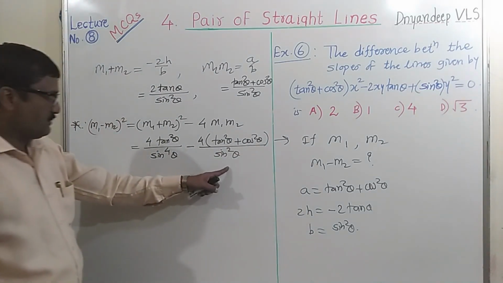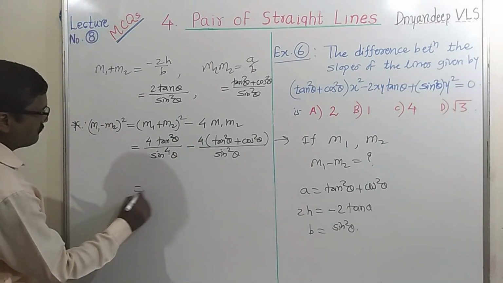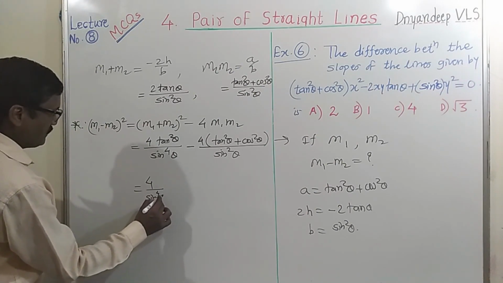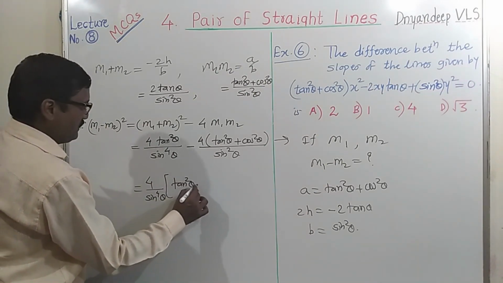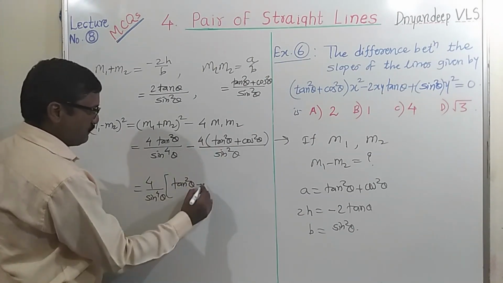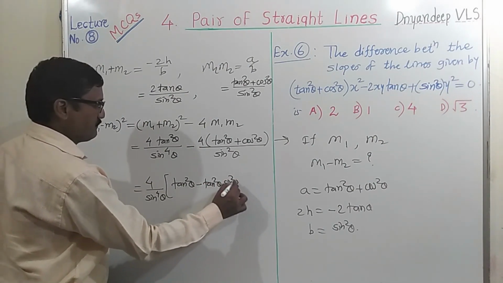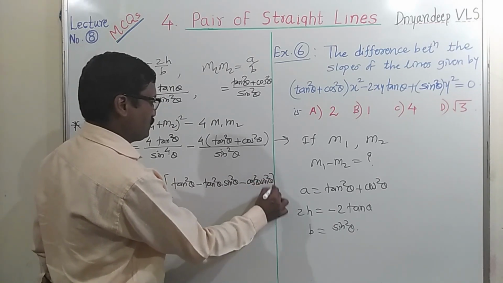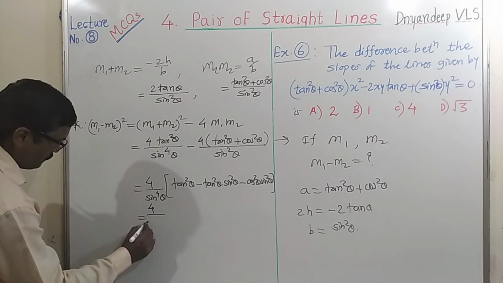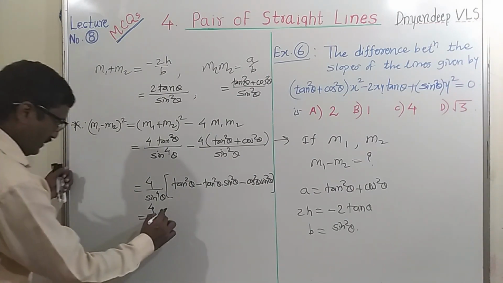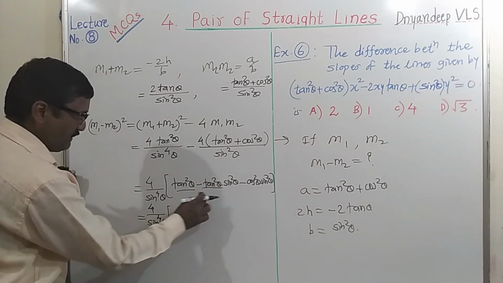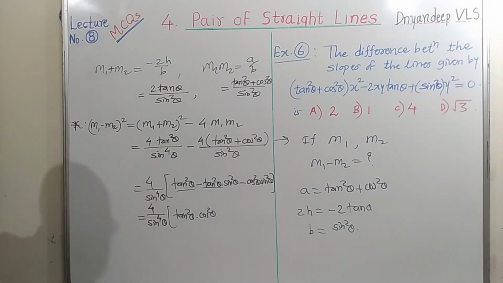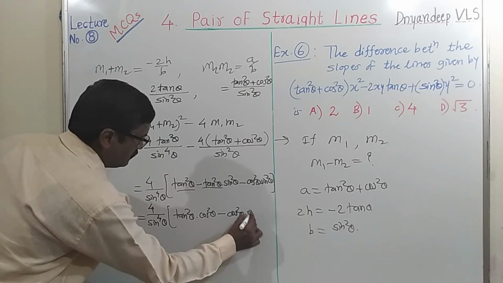Okay, here is sin^4, here is sin^2, so multiply numerator and denominator by sin^2, and taking common, we can take 4 also common, 4 upon sin^4 theta in bracket tan^2 theta minus this tan^2 theta into sin^2 theta, and multiply this by sin^2, we get with negative sign, that is minus cos^2 theta into sin^2 theta, that is equal to 4 upon sin^4 theta in bracket, taking tan^2 theta common from these two, and 1 minus sin^2 becomes cos^2, so we get here tan^2 into cos^2 theta minus cos^2 theta into sin^2 theta.